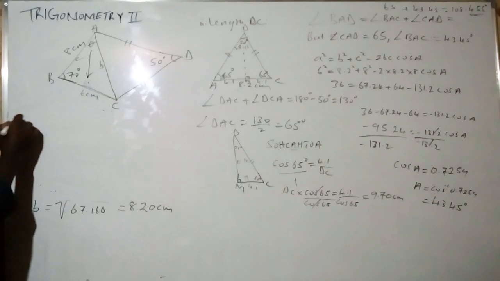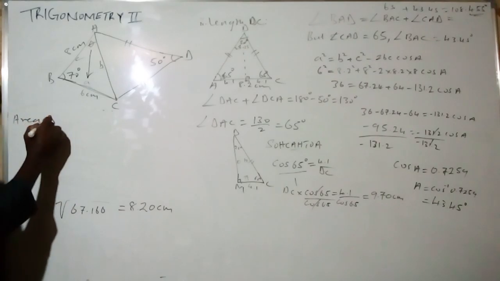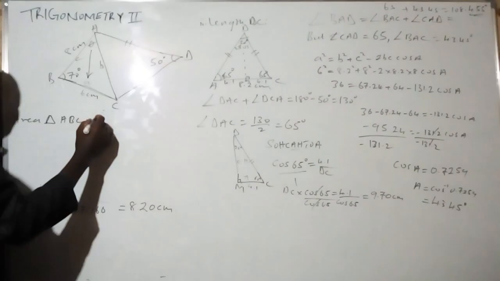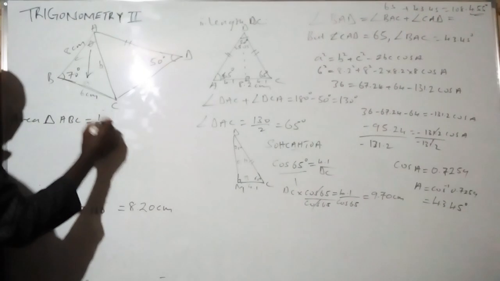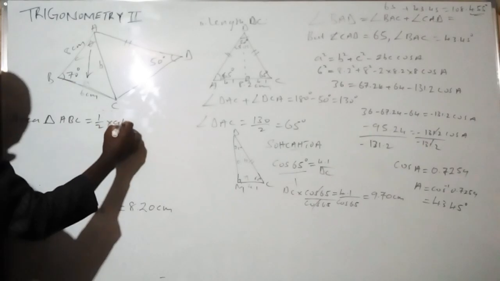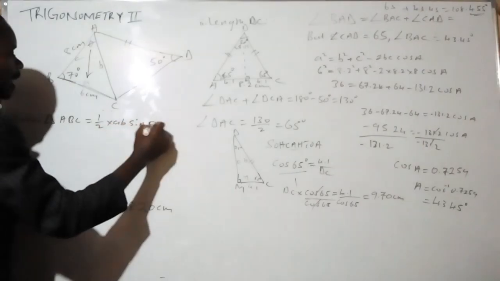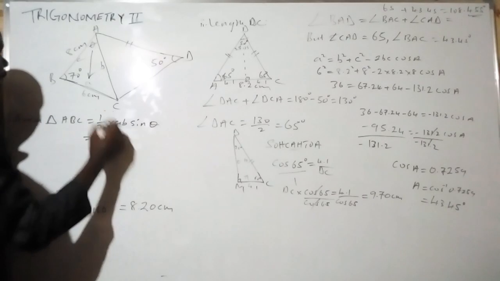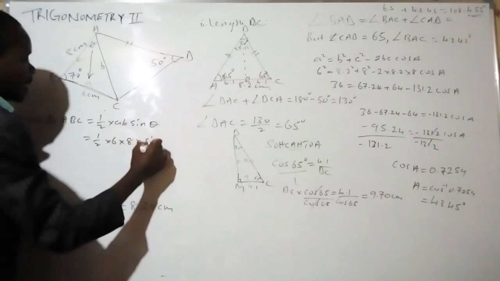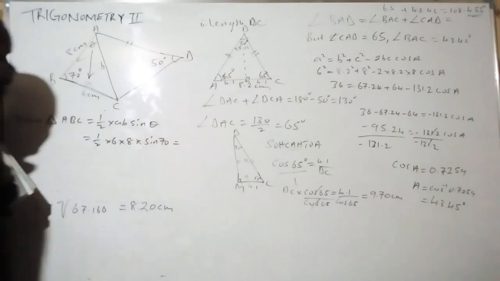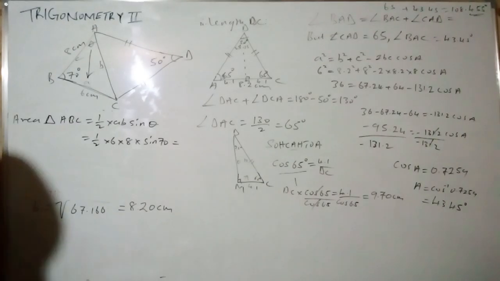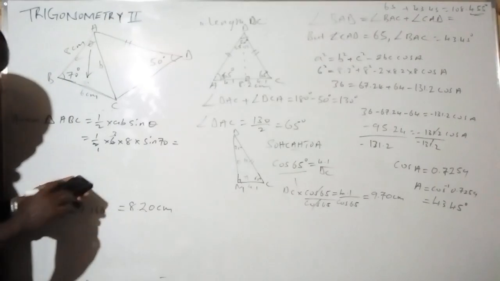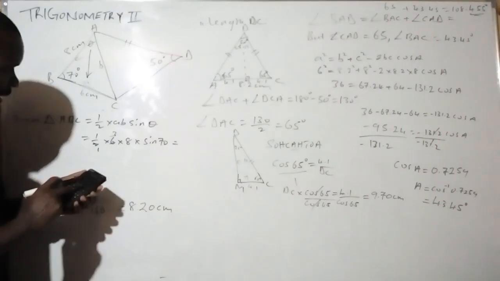Area of triangle ABC is equal to, we can say, a half times AB times sine theta: a half times 6 times 8 times sine 70. By 2 and by 2, this is 3, 24 times sine 70, we get